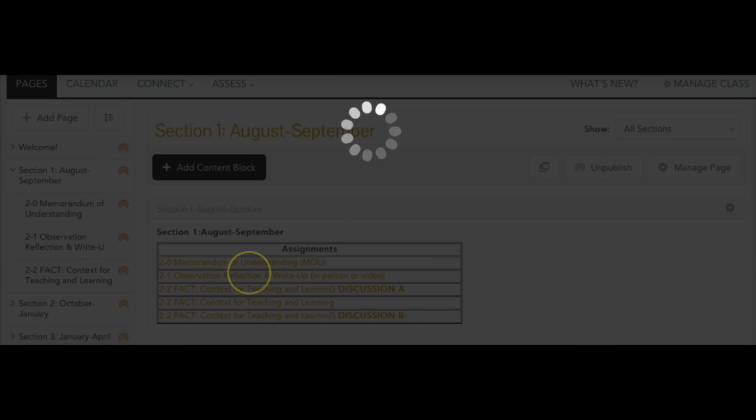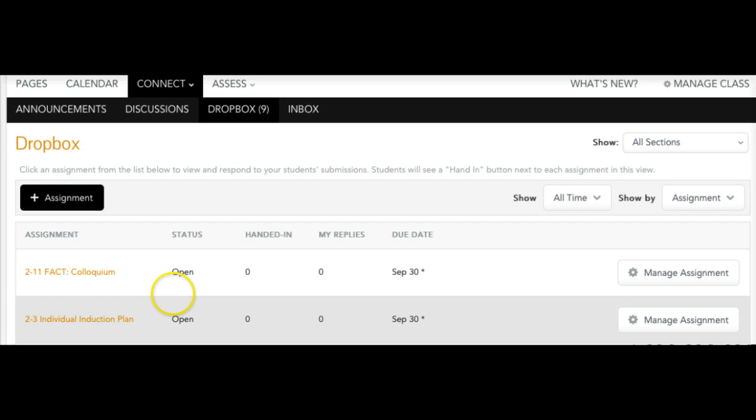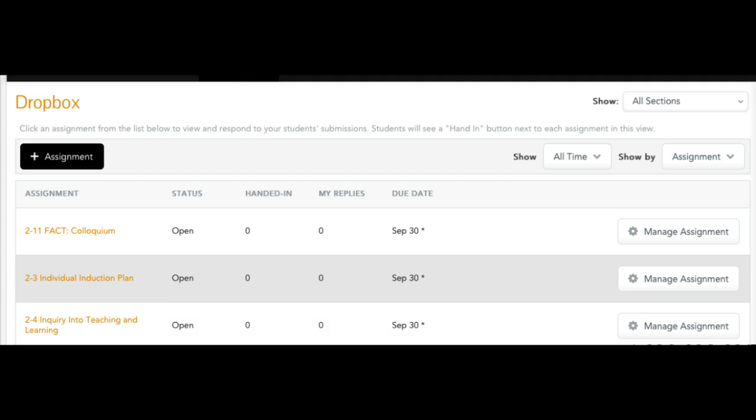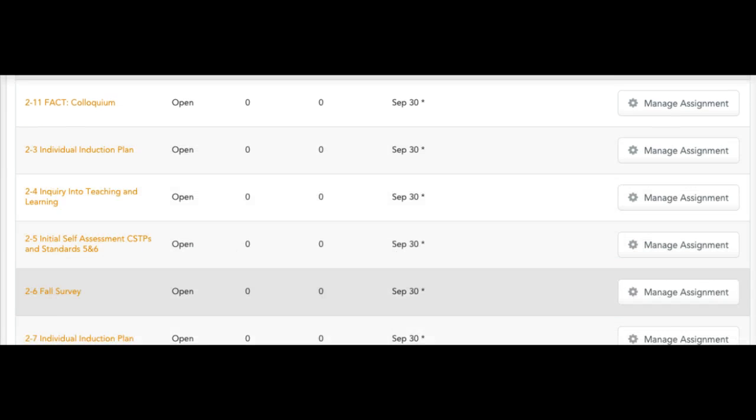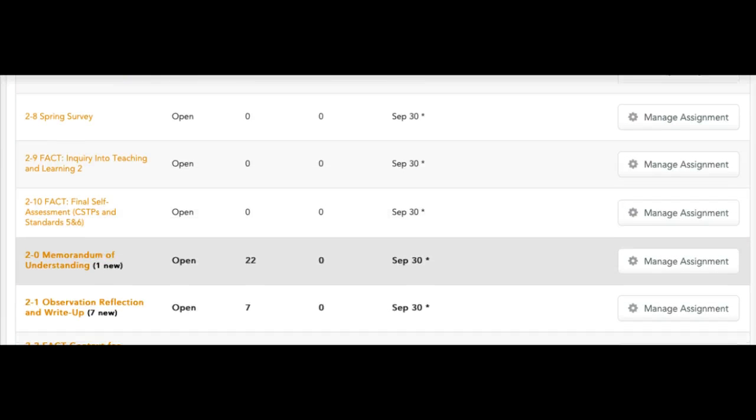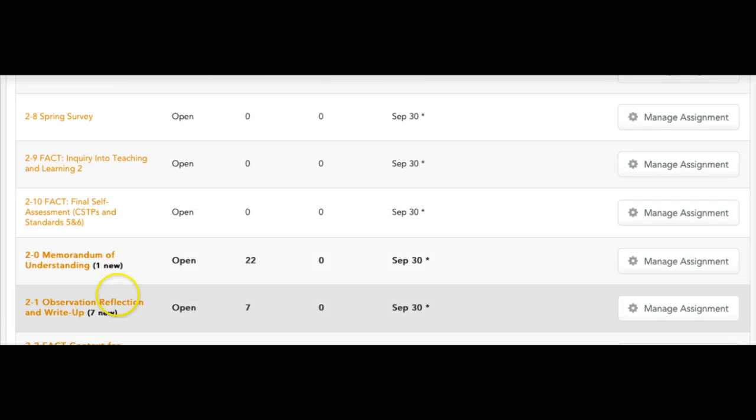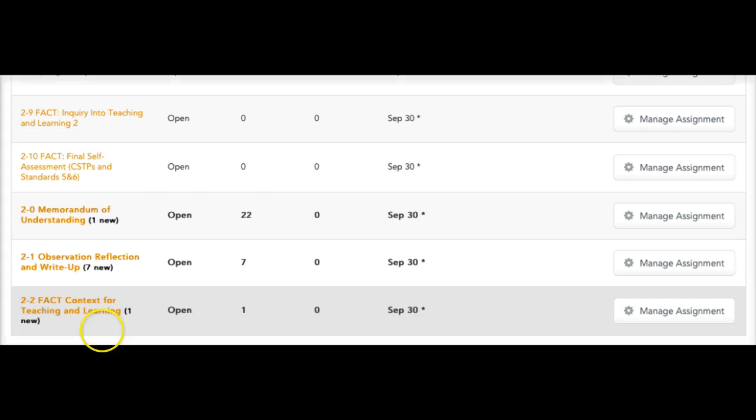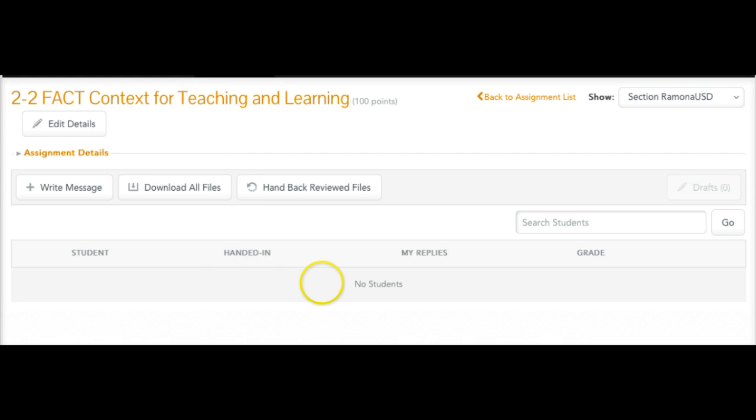because we want to take a look at the documents submitted by our PTs. So here is a list of the items that will be required as assignments. I hate to use that word. And what you'll find is there's quite a number of them that will be highlighted. So for example, you can see here's context for teaching and learning, and there's one submission that I have not looked at yet. So I'm going to click on that, and it's going to take me to,